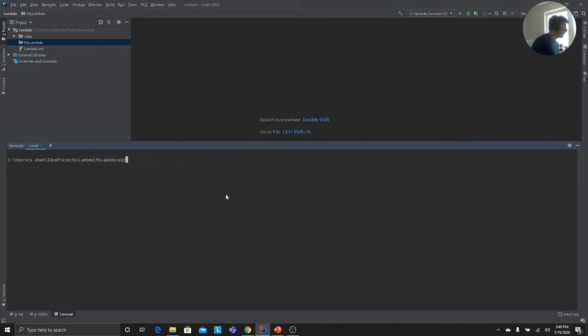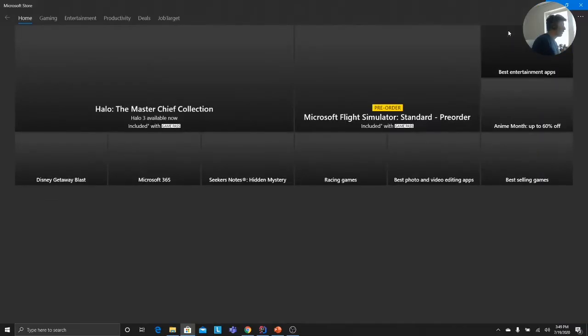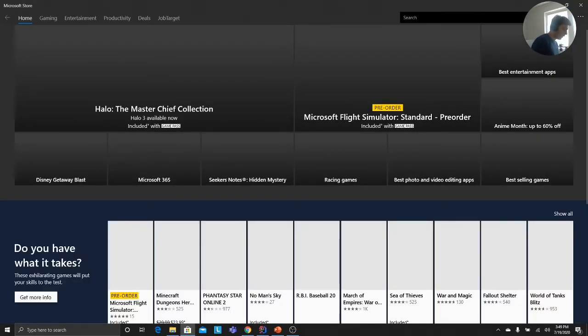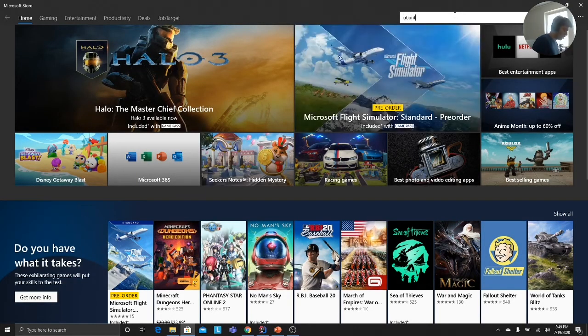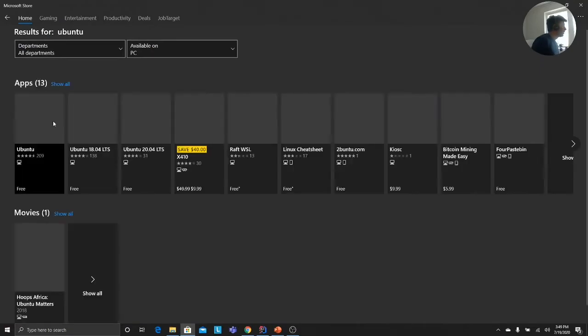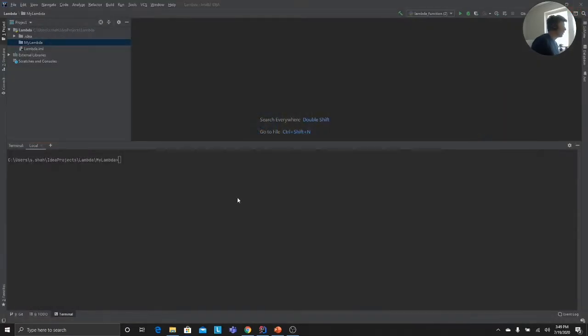But instead of doing that, what I am saying is go to your app store first and download Ubuntu. We basically need to install a Linux subsystem for Windows. Let me show you. Install any one of the Ubuntu systems and make sure you enable Windows Subsystem for Linux. So when I say WSL, I can use all the Linux commands like ls, sudo and all of that. And then you have to install Python in this.